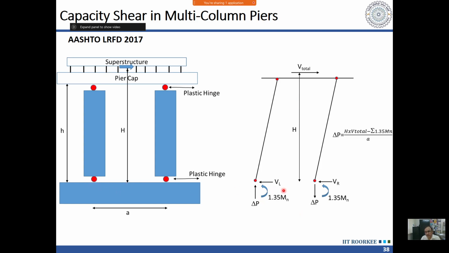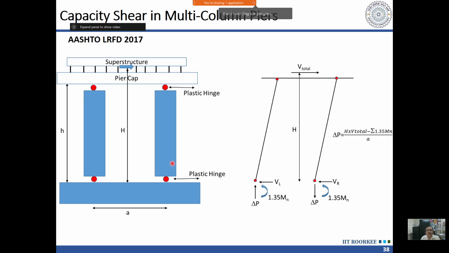We can follow that. We will first assume that there is no axial force due to earthquake, and we will determine what shear force it can take, and we will calculate the moment capacity corresponding to that, and then for this shear force I can calculate how much axial force will be there. Now I will revise the moment capacity corresponding to those axial forces and recalculate the shear force, and within a few iterations I can do that.